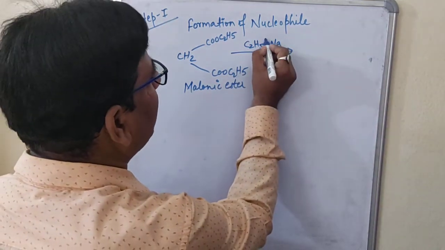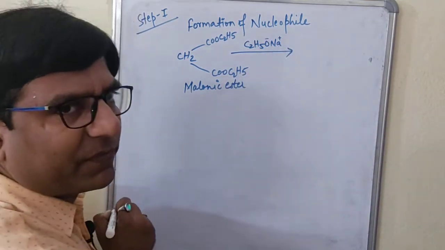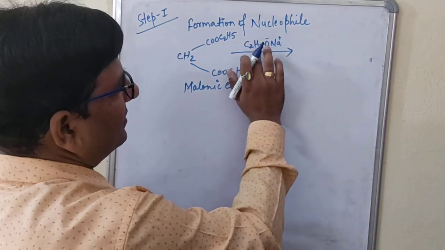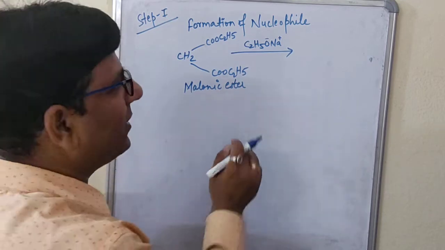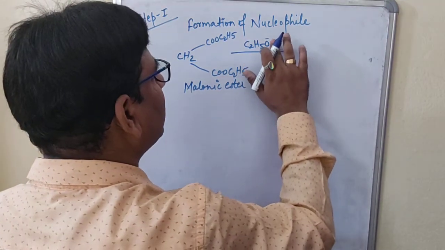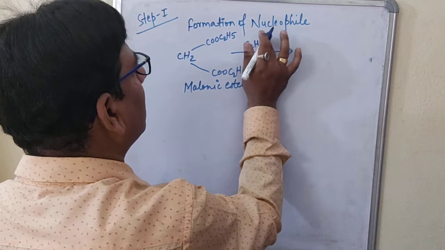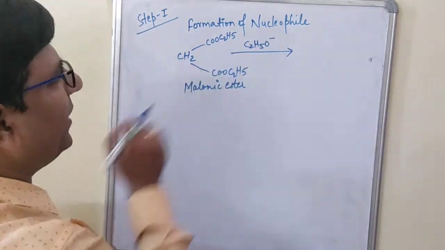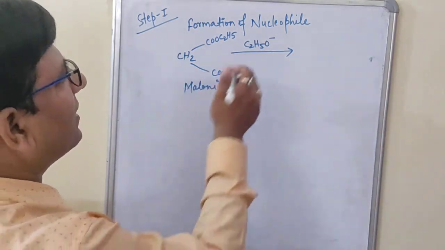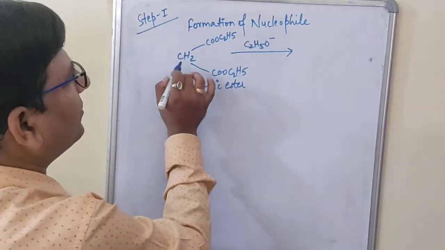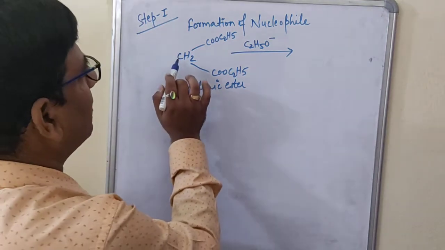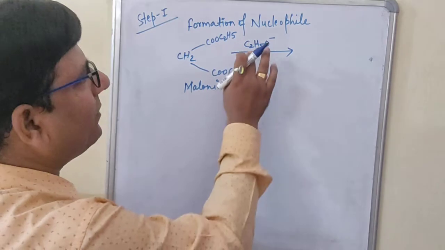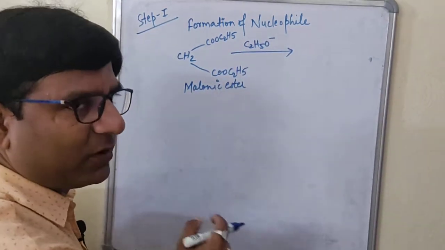Now you know it is a minus, it is a plus. So of the total C2H5ONa, the base we are using, we will use only the C2H5O negative. Now what will be the role of this base? This base will abstract one of the hydrogens from this active methylene group. One hydrogen will be out and it will join this C2H5O minus to form what?